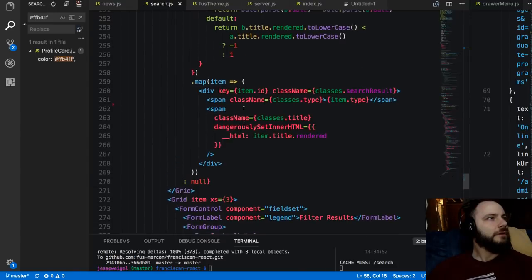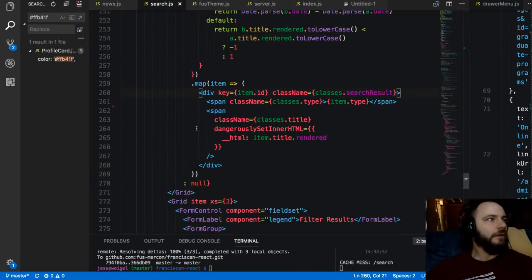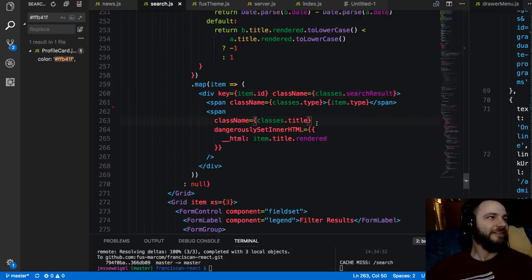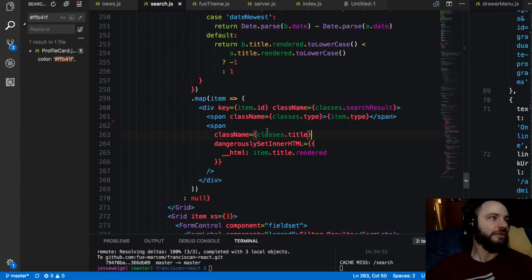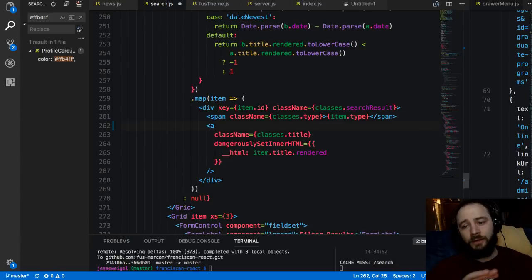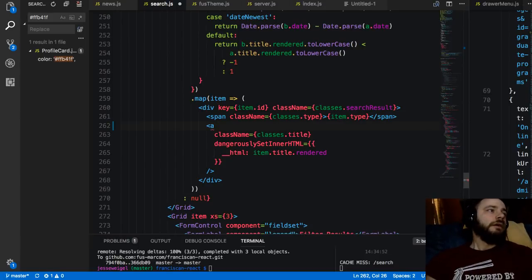Oops, here we are. Okay, should probably pull this out of here so I can more easily get to it, but it's all right for now. This will probably end up being its own component at some point. So here, this span, we're going to change into an A tag. We're probably going to end up changing it into a link tag at some point, but for testing, I'm fine with just an A tag. So we need an href,